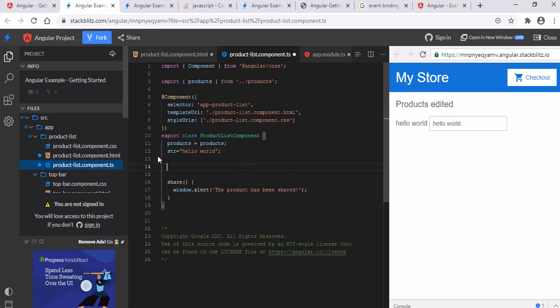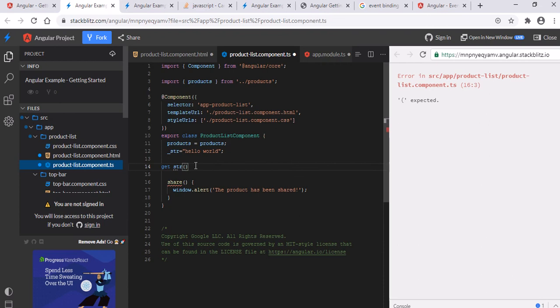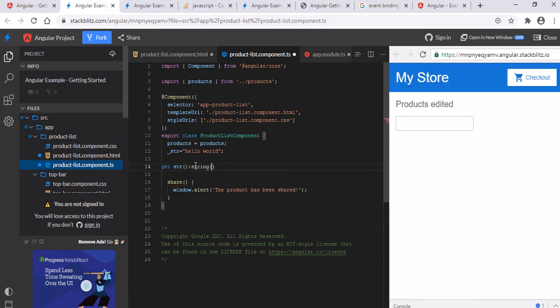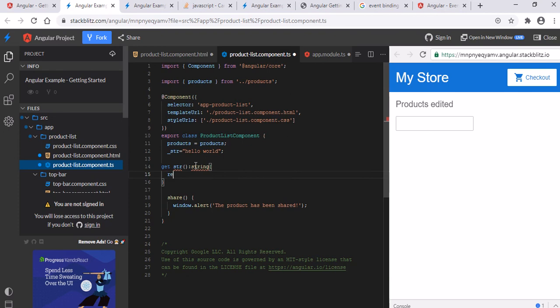What I'll do is change the name of this string to _str, and I'll add one getter: get str, and it expects a string as output, and inside this one will return this._str. So this is our getter.